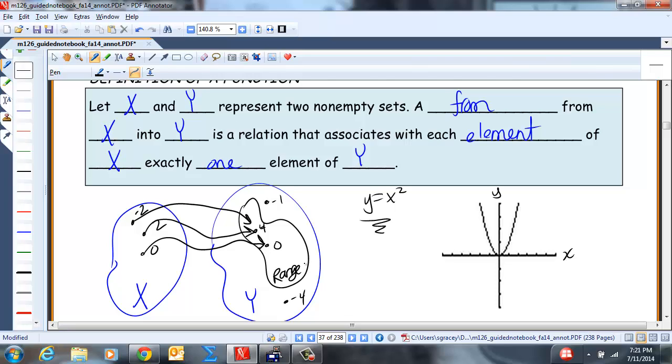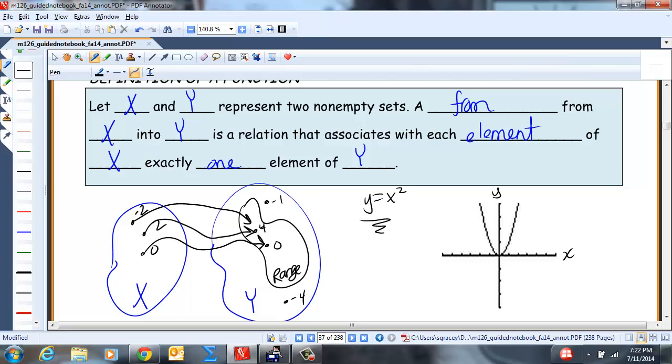Even if you plugged in -1 million or -1 bazillion, you're going to get an output of a positive number. But here, the range values are a subset because the range depends on the equation and on what you put into the equation. So the range values will be from 0 to infinity on this